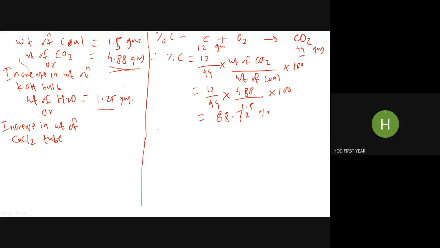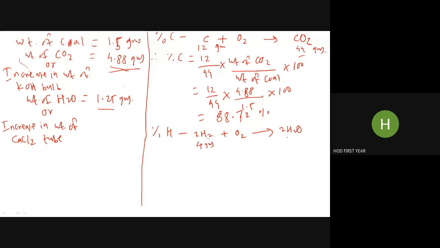The remaining part is percentage of hydrogen, and our logic is same. If we will not mug up the formula, we will keep this reaction in our memory, and that reaction is very simple. 2H2 when reacted with the oxygen, they will take only one. Okay, two molecules we will take one, and we will get two water molecules produced in the form of vapors. So two molecules of hydrogen means four atoms in all. Two into four. Four means one atom is one gram. So four atom is 4 gram.